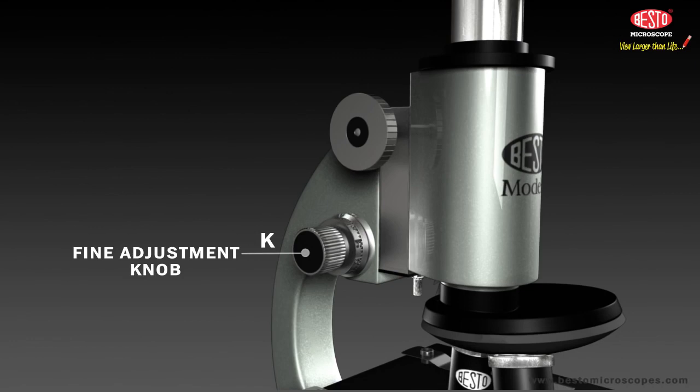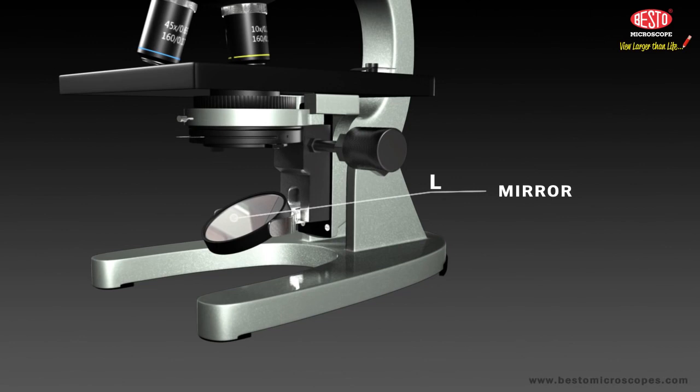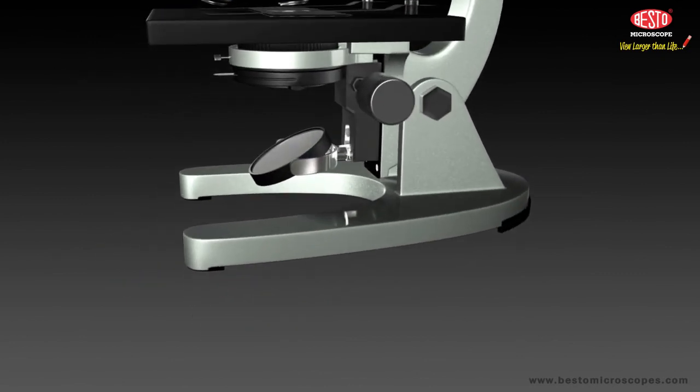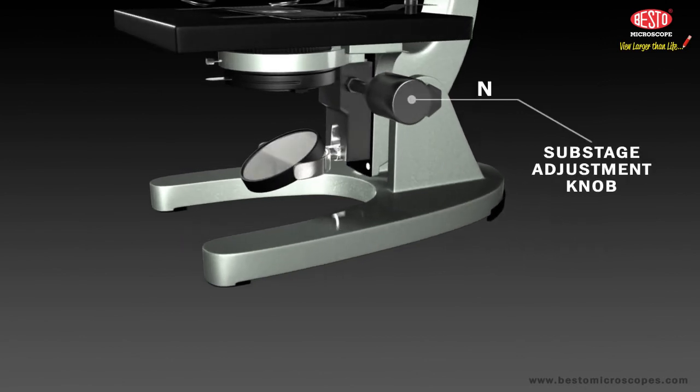Almost all of our Bestow microscopes have both coarse and fine adjustment knobs, but some have only one knob. L. The mirror, located beneath the stage diaphragm, increases the amount of light shining through your sample or slide. Sometimes we use a lamp plugged into an electrical outlet instead of a mirror or reflector. M. The base of the microscope is the heavy bottom part. It supports all the other parts of the microscope. N. The substage adjustment knob is used to move the condenser up and down,